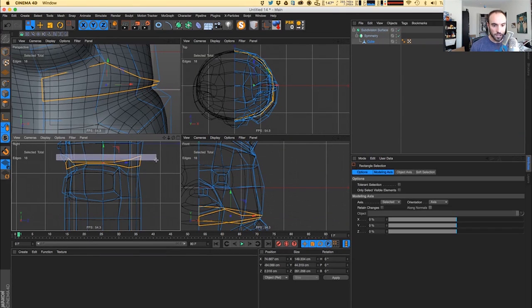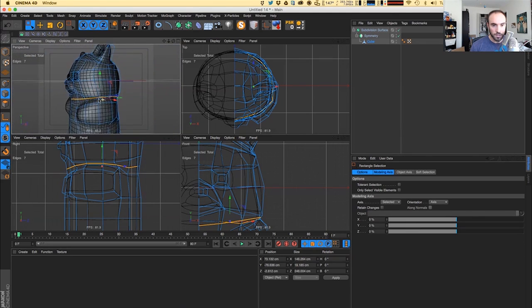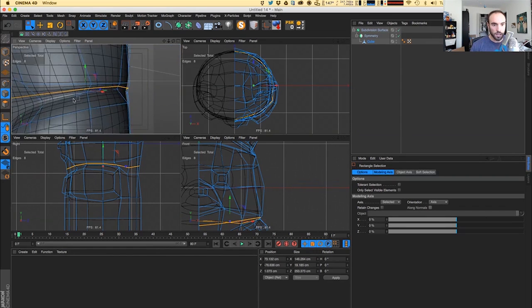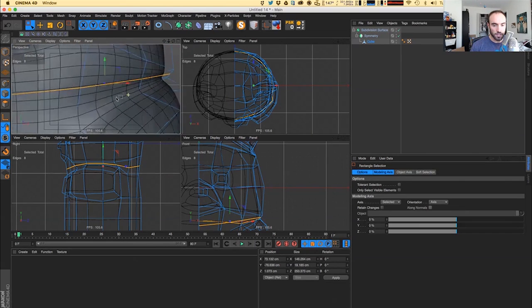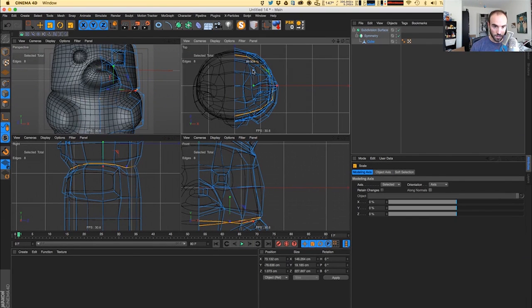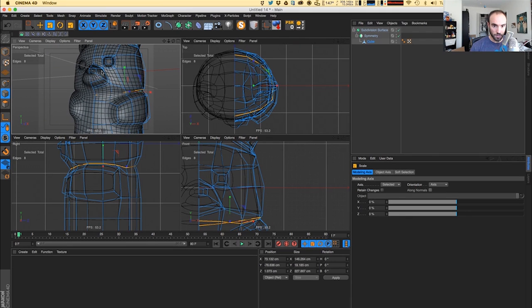I selected too much here, so I need to deselect these. I'm missing this one edge. There we go. And now all you need to do is scale this in to get that little